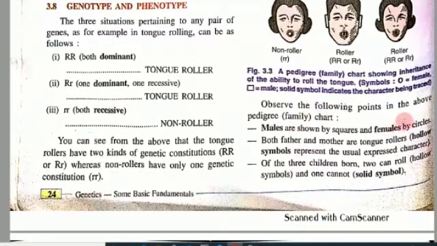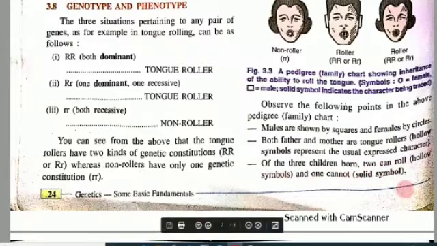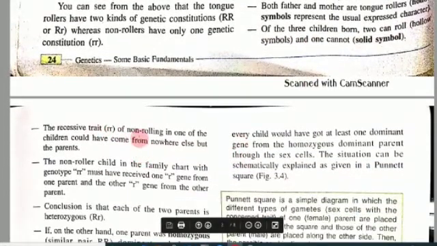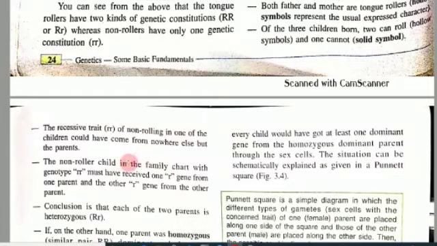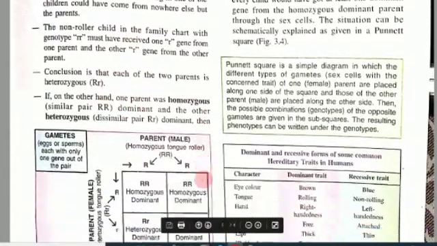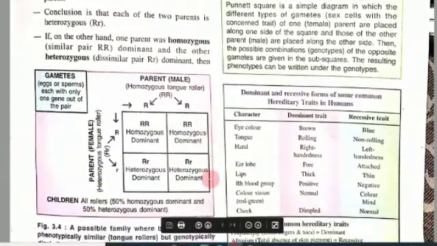Then observe the following points in the above pedigree chart. Males are shown by square, as explained already, and females by circle. Both father and mother are tongue rollers. Of the three children born, two can roll and one cannot roll. This is shown by a hollow symbol and a solid symbol. The fourth point: the recessive trait is non-rolling, and the dominant one is rolling, represented by capital R. This shows dominance and recessiveness, and here is also given one of the crossings,